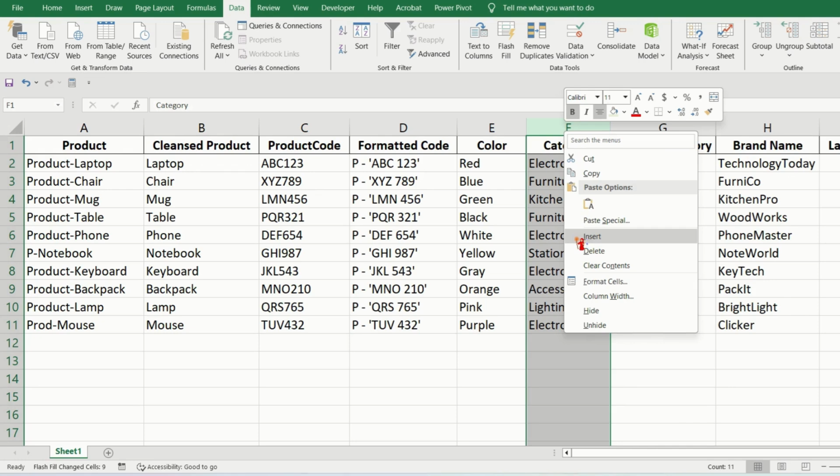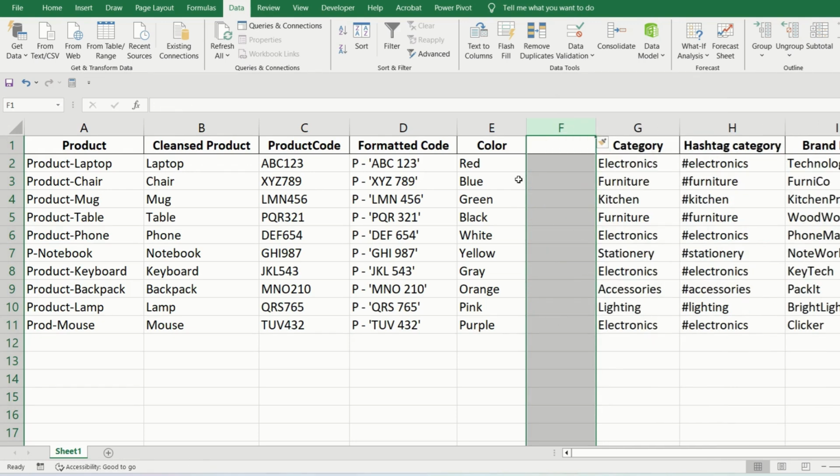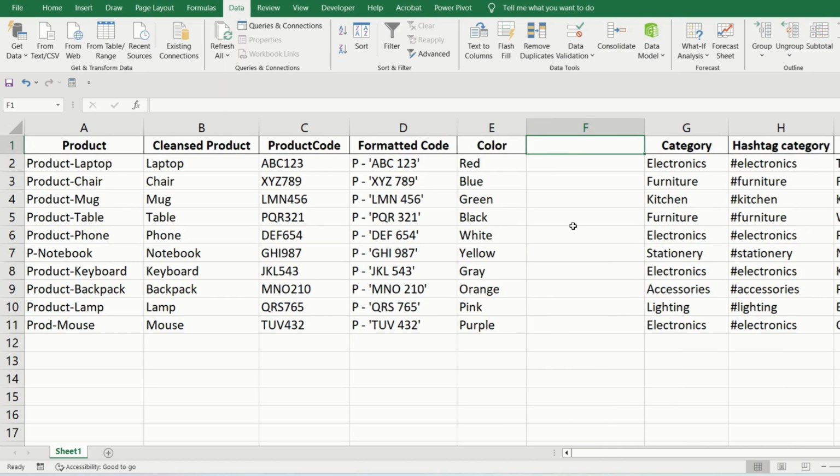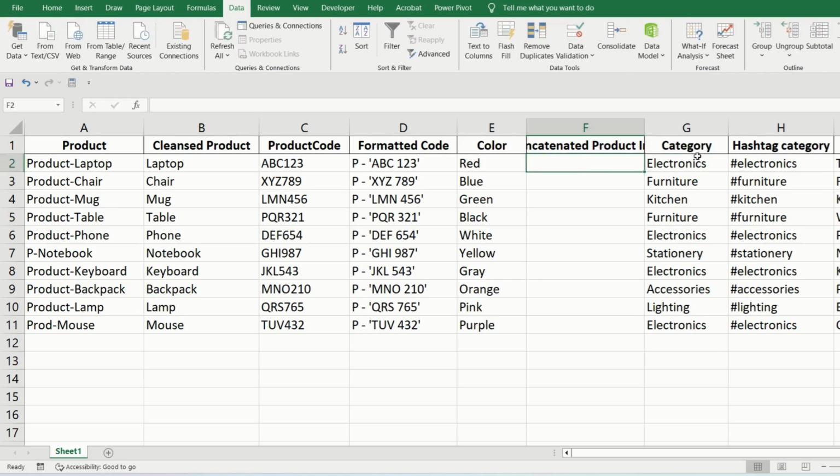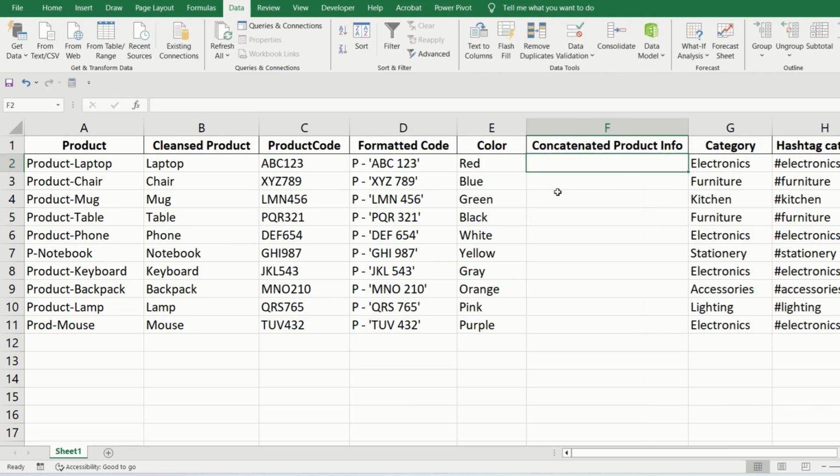Let's look at another example where we would typically try to concatenate different strings using the Excel concatenation function. Let's see if we can achieve this with Flash Fill. So say what I want here is something like this: the color, the actual product, and the code.